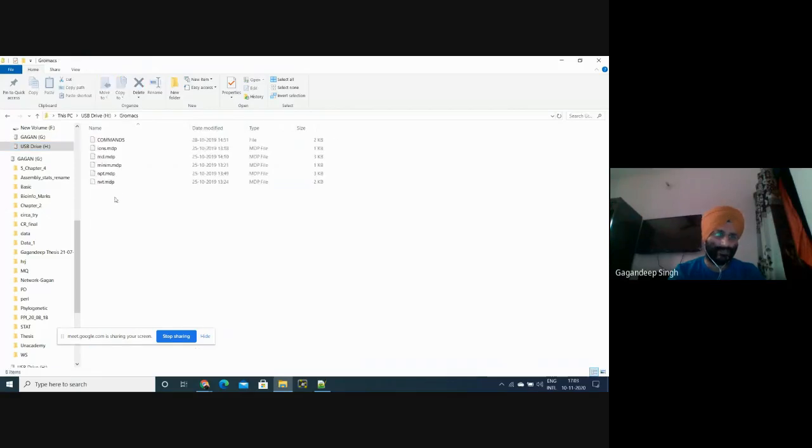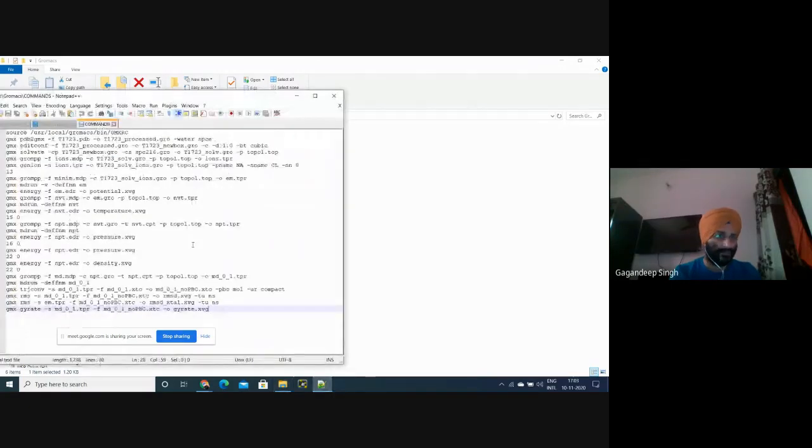This is the GROMACS tutorial I have generated. What I have done, I have saved these commands. I have saved all those things which I need for running GROMACS: ions.mdp, md.mdp, energy minimization, npt, and nvt. These are the 5 things I have already downloaded for running my commands. You should download all these things and put them in that particular folder where you want to check the stability of the particular structure, and write the commands in a single text, and just copy paste. You don't need to save link as again.